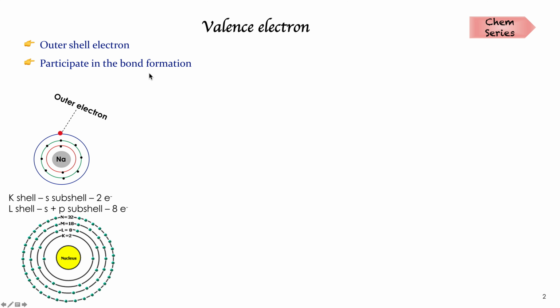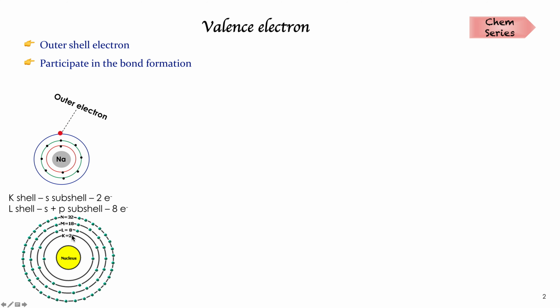So first I will tell you what electron shells are. It is the outside part of the atom around the atomic nucleus, where the electrons are present. The electron shells have one or more subshells like S, or S and P, or S and P and D, and so on. Based on these shells, they are identified by the alphabetical letters, that is K, L, M, N, etc.